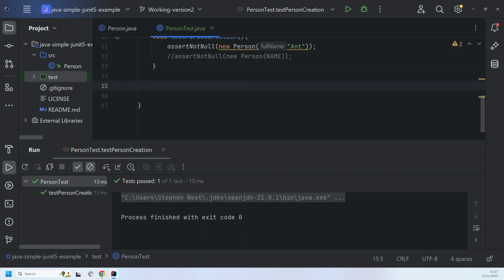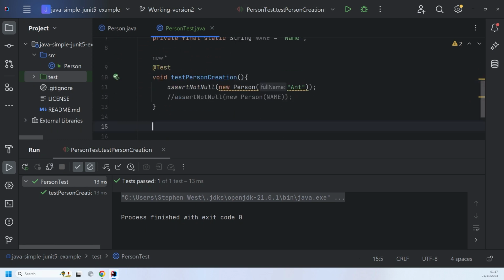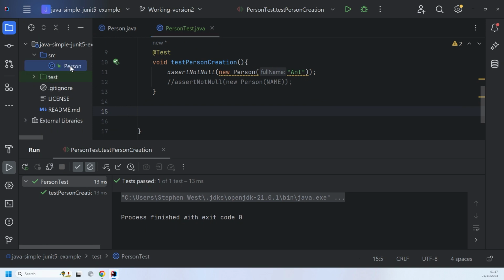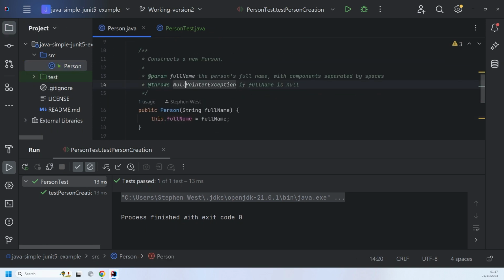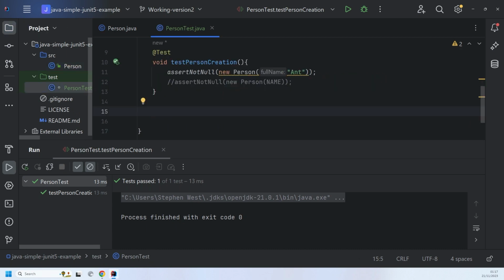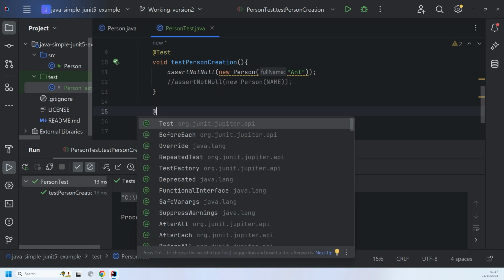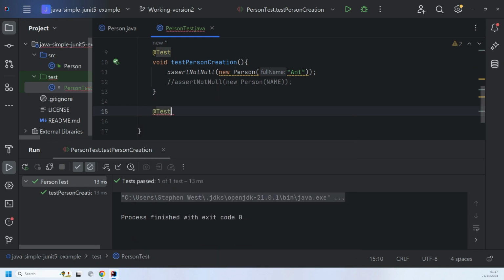But one of the things it said in the person class is that when we construct it, if the person's name is null, then we should throw a null pointer error. So in this case, our test goes here. What we want to do is write out what we want to test for. So void test